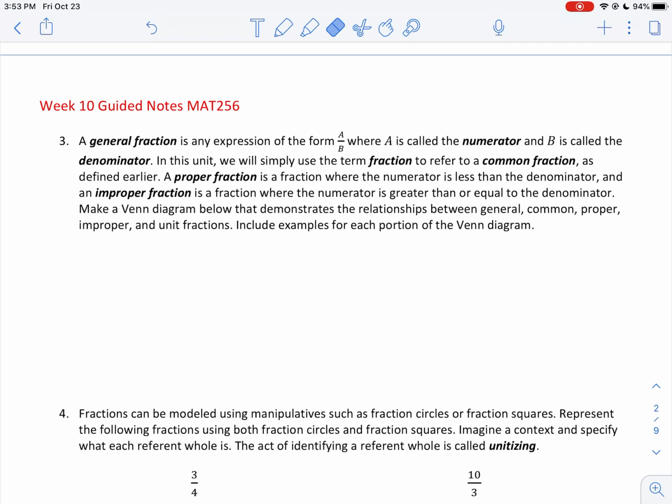A proper fraction is a fraction. Reading right here next. A proper fraction is a fraction. Notice I just said fraction without anything, so that means a common fraction. So I could read this as a proper fraction is a common fraction where the numerator is less than the denominator. And an improper fraction is a fraction, or a common fraction, where the numerator is greater than or equal to the denominator. We're going to make a little Venn diagram here to demonstrate the relationship between general, common, proper, improper,